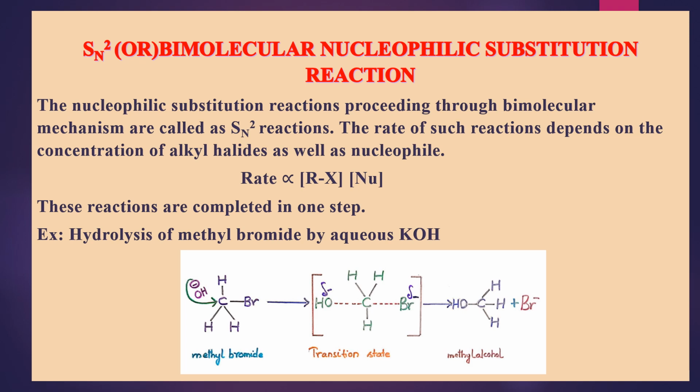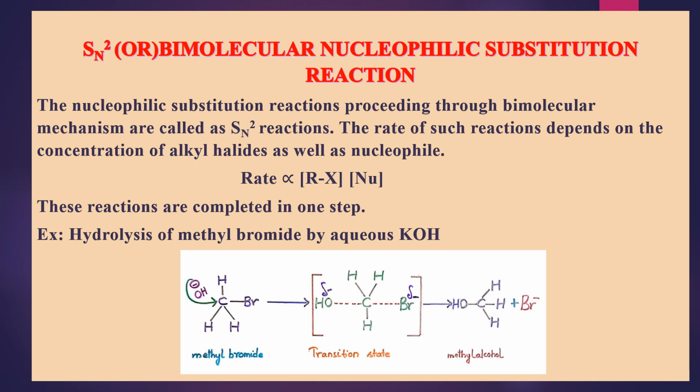Okay. So slowly bromine is coming out with its pair of electrons. So now a transition state is being formed in which Br and OH are both partially attached to the carbon atom. Okay. So now this carbon bromine bond completely breaks away. For this breaking of the carbon bromine bond, it needs some energy. So where is it getting its energy from? See, the C-OH bond, a new bond, is being formed. So when a new bond is being formed, some energy will be liberated. So with the help of that energy, the C-Br bond is totally broken.